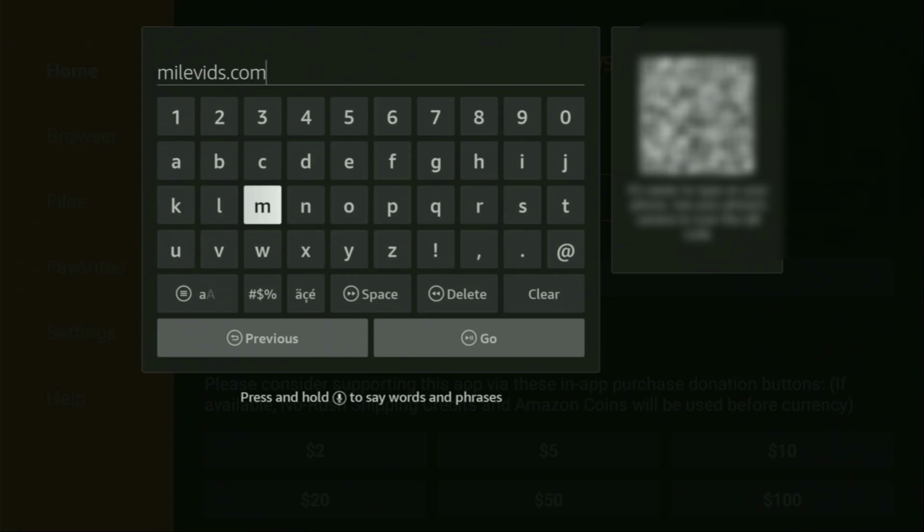Make sure to enter it exactly as you see and do not make any mistakes, because obviously if you make a mistake, the link is not going to work. After that, you have to click on Go, and while the website is loading,